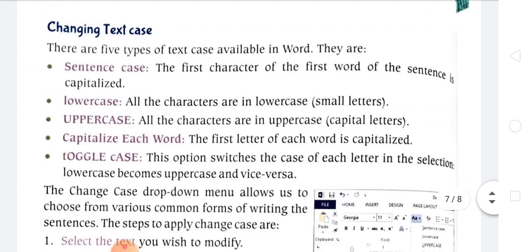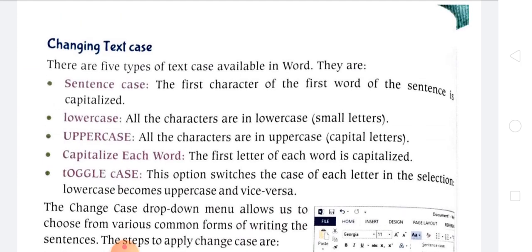Changing the text case. What do we mean by text case? Text case means the particular sentences or paragraphs, whatever you write or want to select to change or modify, just click on it, and there are 5 types of text case available in Word.